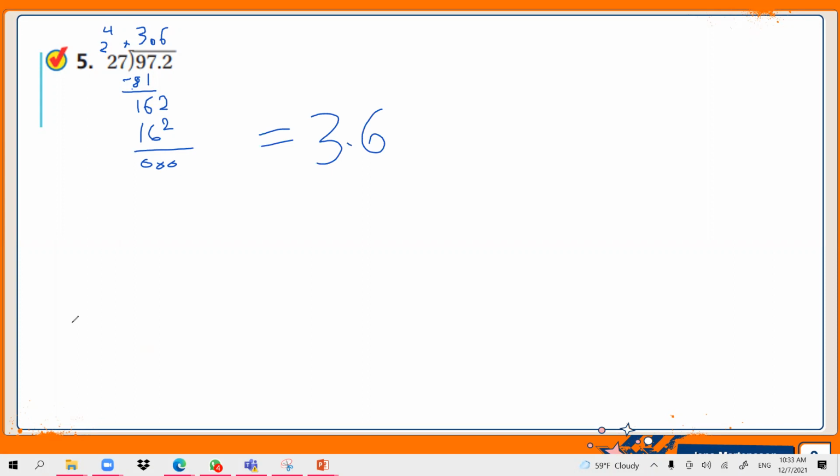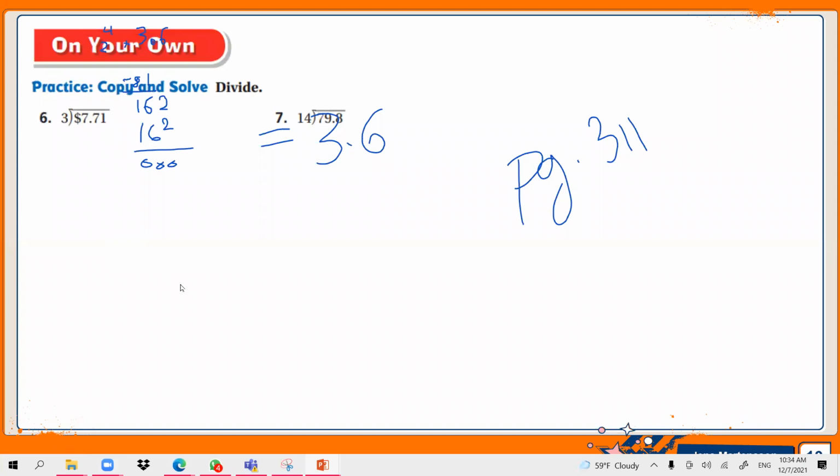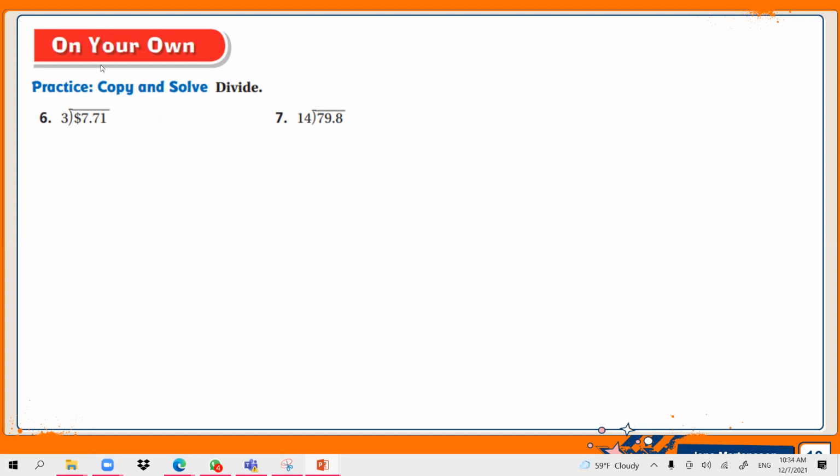Page 311. Okay. Now after Jilan, I want Huriya. Huriya. Yes. Here in number 6, you have 7.71 divided by 3. So,